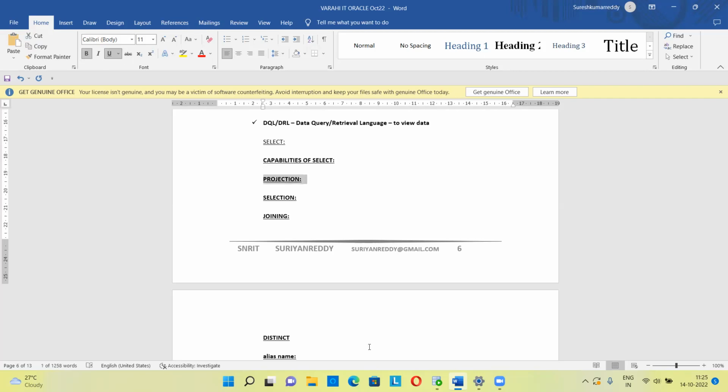One is projection, second is selection, meaning you can select whatever you want, and the third is joining. We'll discuss what projection is and what joining is. Basically we have three capabilities for our select statement: projection, selection, and joining. We'll discuss all this. Before that, first let's see